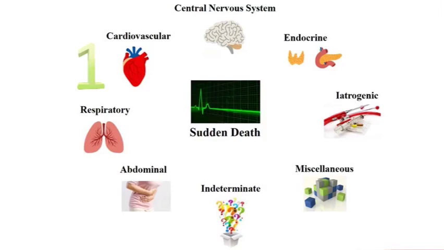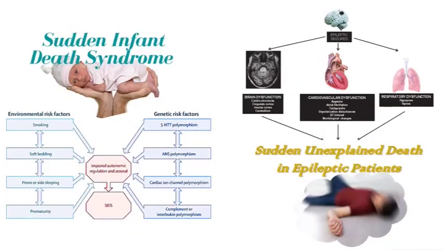Similarly, you can have scenarios of sudden death which do not really identify a specific cause. We refer to them as indeterminate causes. And there are mainly two types of indeterminate causes that we encounter, especially in forensic practice. These are mainly what we refer to as sudden infant death syndrome. You may have heard of the term SIDS, which is a condition that affects primarily infants, usually less than 6 months of age. And there are several risk factors for this SIDS happening.